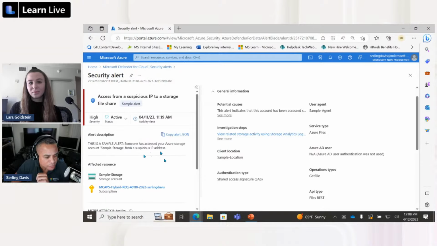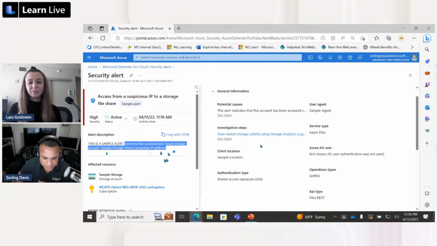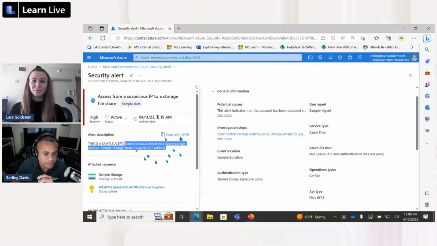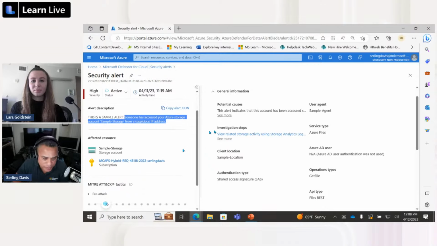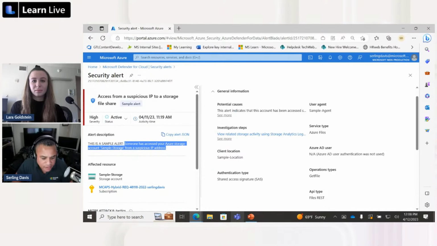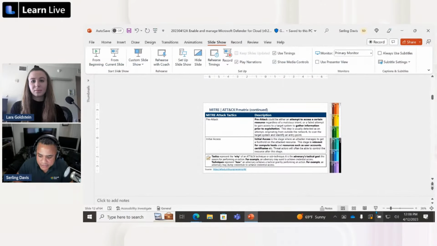This obviously being a sample alert, this is how it reads if someone accesses sample storage from a suspicious IP, right? Again, this is a sample, so it's going to be a little different. But this is an example of what I was mentioning earlier on, just to expand on this and give you something to look at. If I go back to the slide deck,